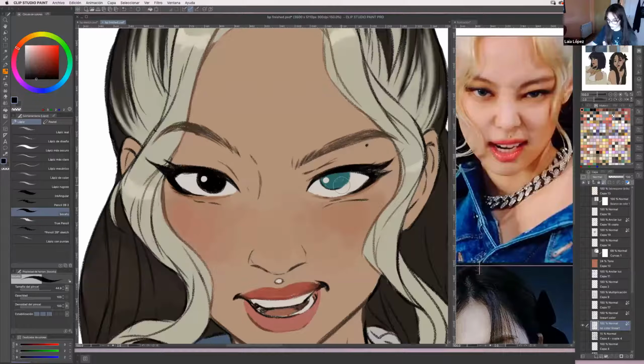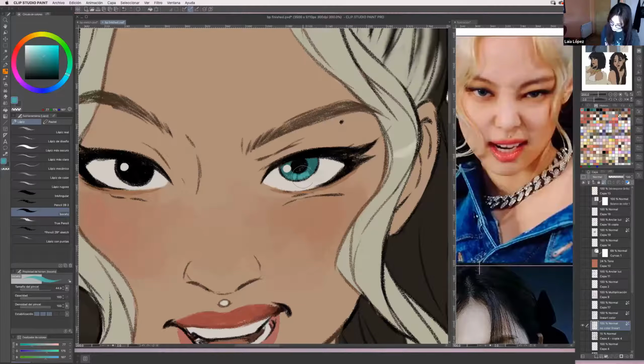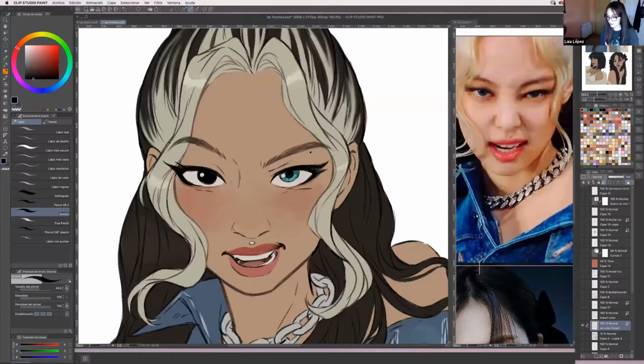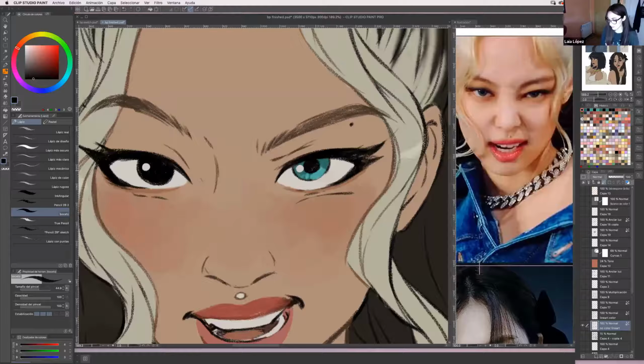And there we go. Sometimes I usually keep it flat color, like that's it. But if I want it to have a little bit more light, I pick a lighter color and do something like this. I zoom in and out because I need to see if it looks good from afar, because sometimes it looks too detailed, and I feel like my art style is really simple. I mean, the coloring is really simple and I like to keep it like that. So I don't like it if it looks like too much.